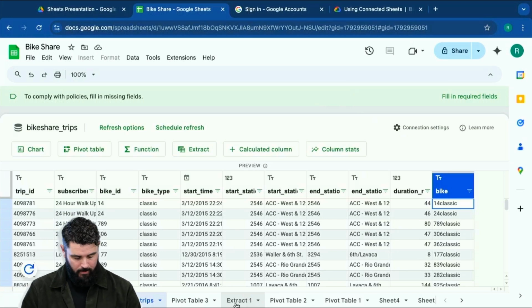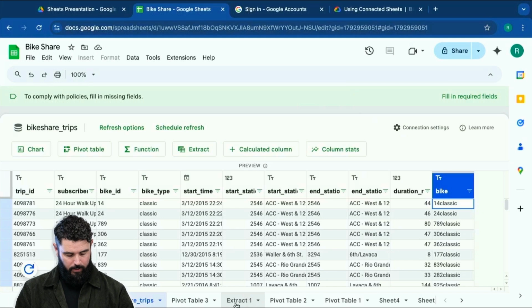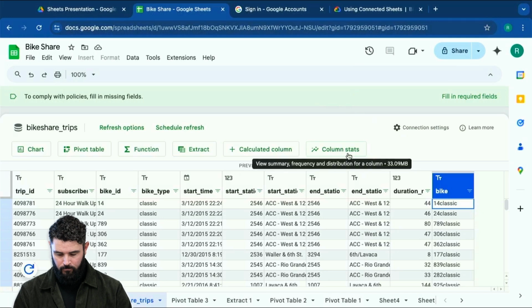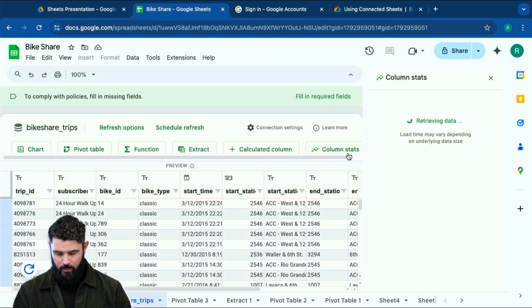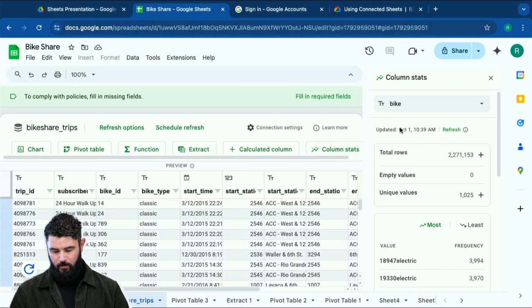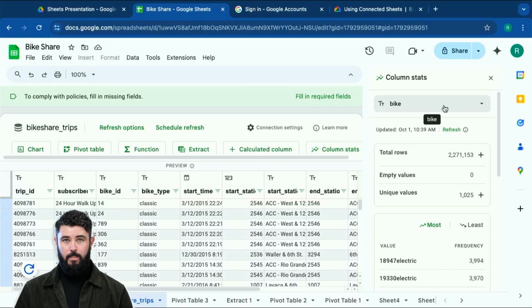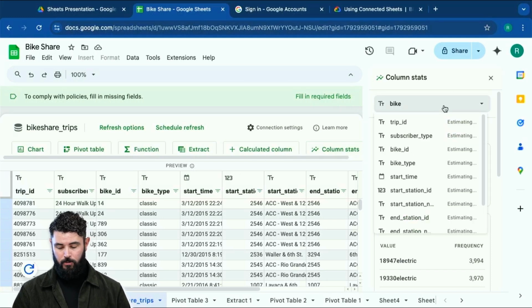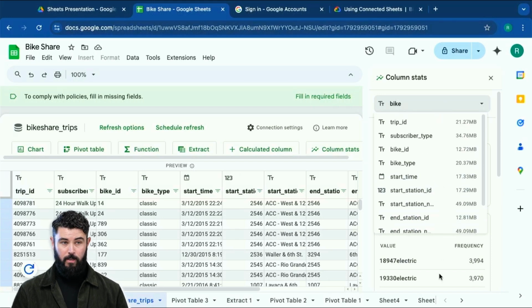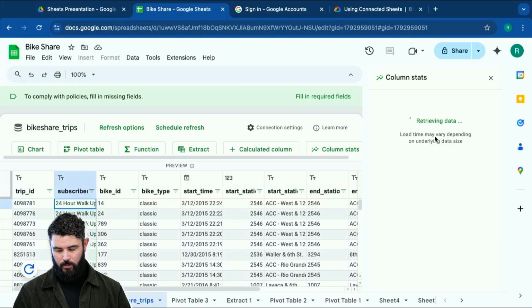Okay. So we talked about everything other than, I think, column stats. So let's look at column stats really quickly. If I click column stats up here at the top, it's got column, right? So I can choose any one of my columns. You can have a lot more columns than 10, but that's what I've got in my data set. So if I choose subscriber type,